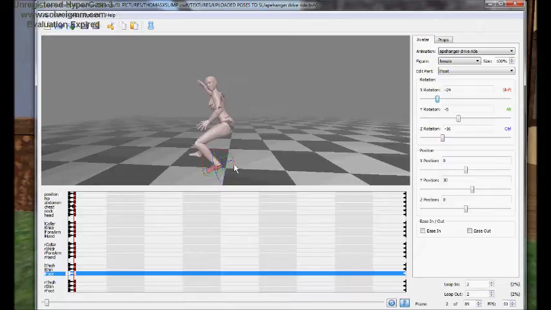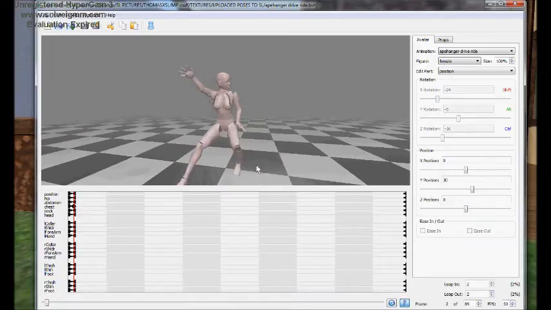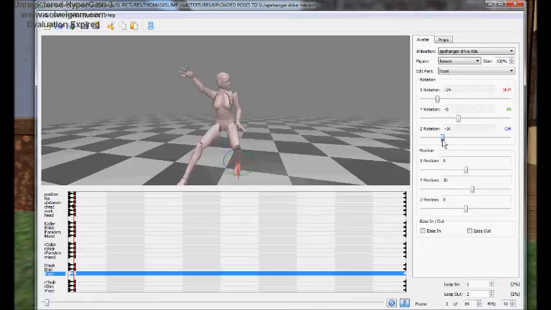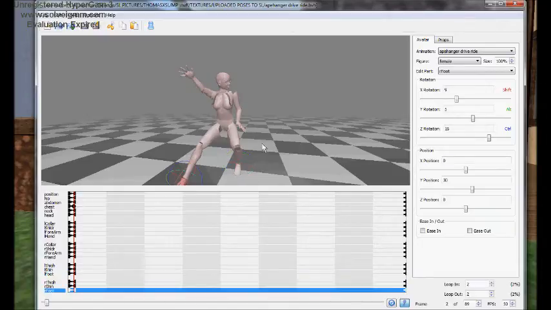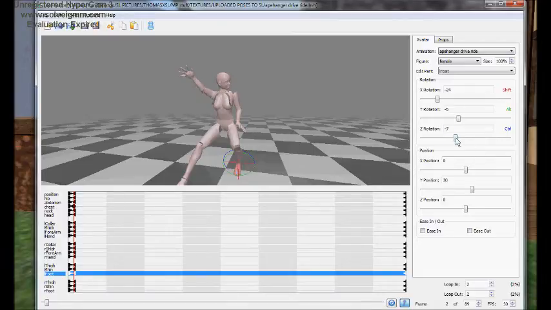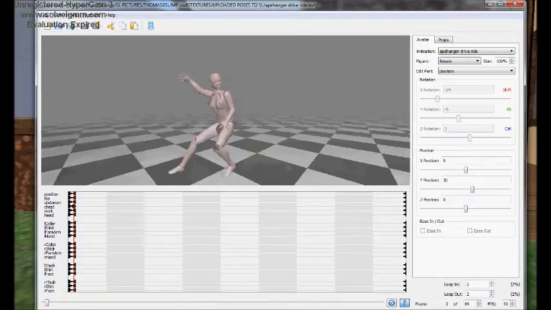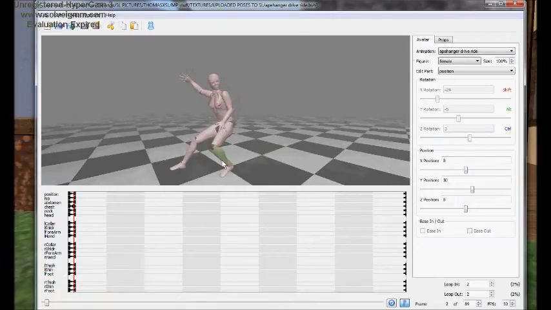I don't know what direction is up. It's not the blue axis, it's the red one. What is this foot at? 16, okay. I just straighten it out. There we go. Alrighty, and